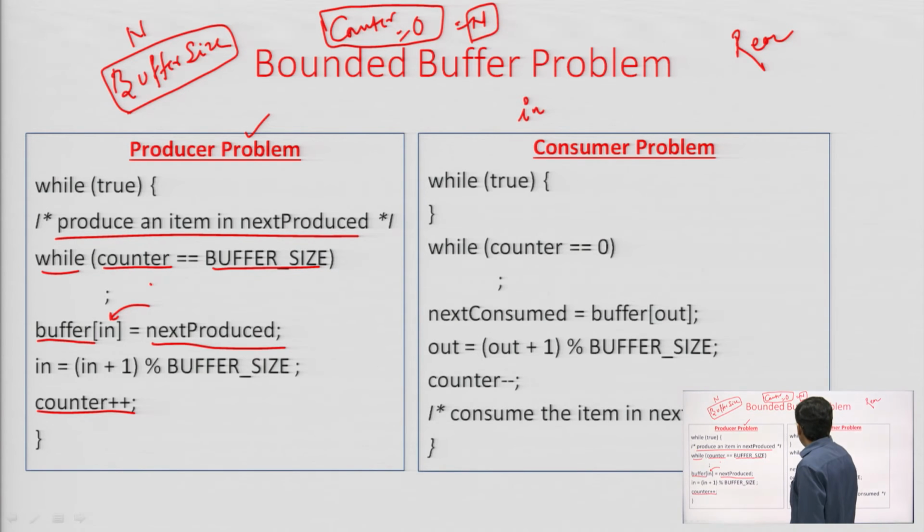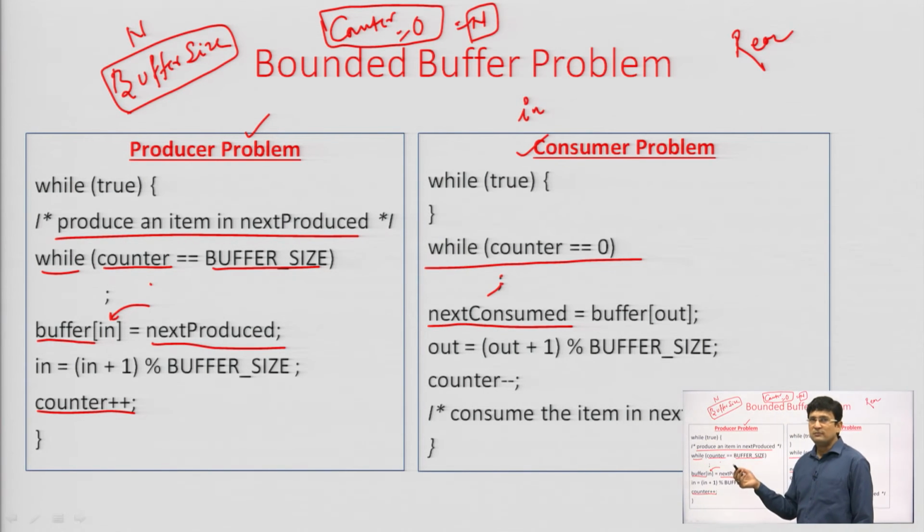Similarly, there is a consumer solution. In the consumer solution, what we are saying is that if there are 0 items in the buffer, we cannot consume an item from there, so it will keep waiting. Now, let us say the counter is not 0, it is something more than 0. So, in that case,